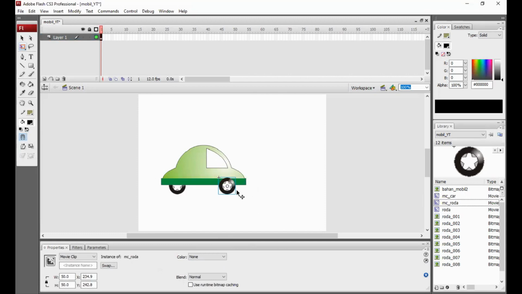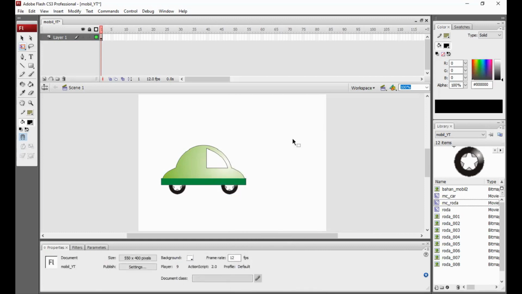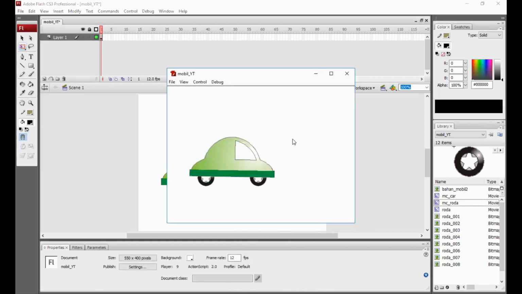Okay, just wait a minute. Okay, yes. Okay, and then arrange, send to back. Okay, let's see the result. Yes, yeah, it's finished. Body of car and